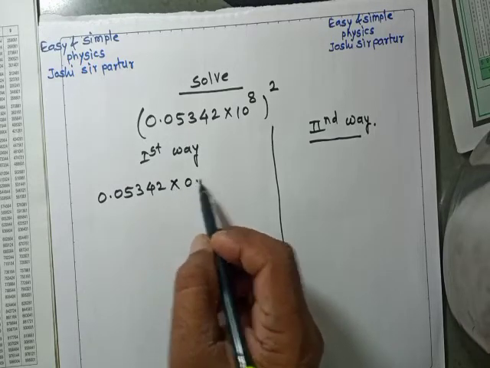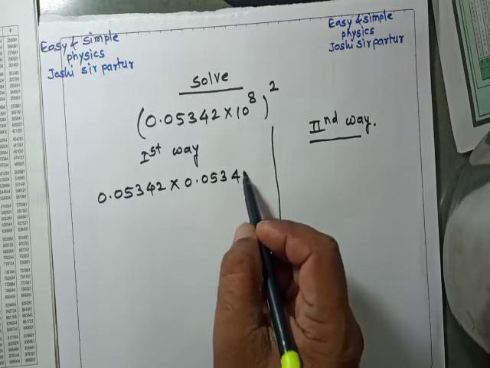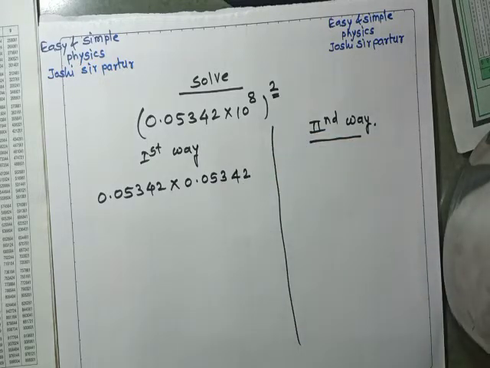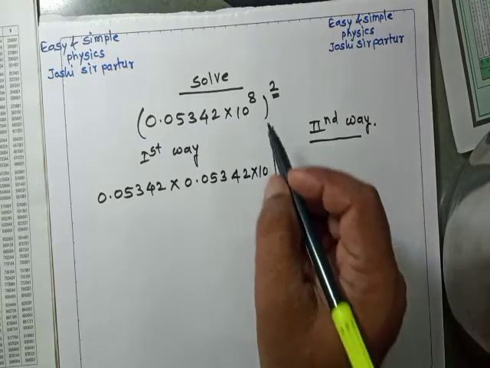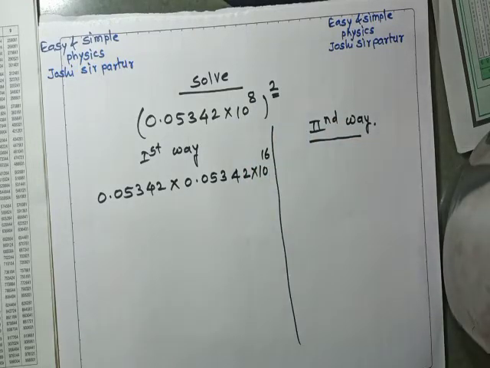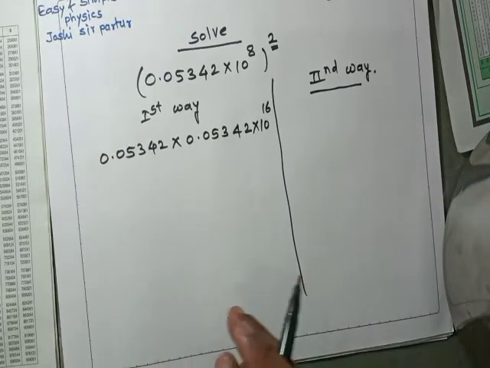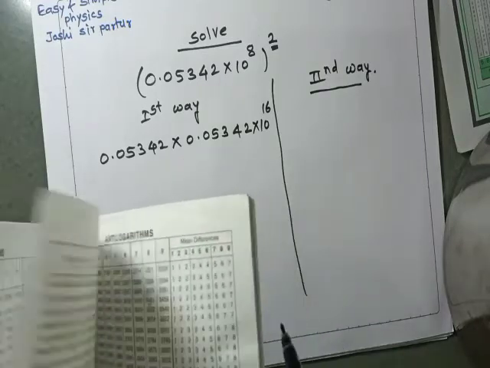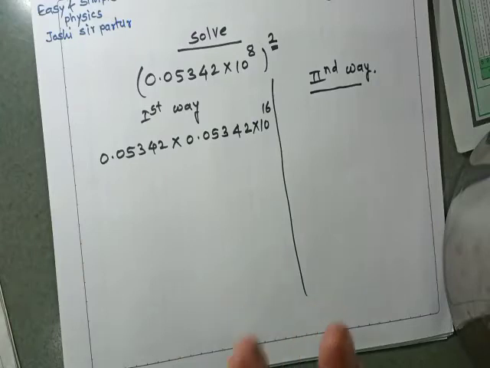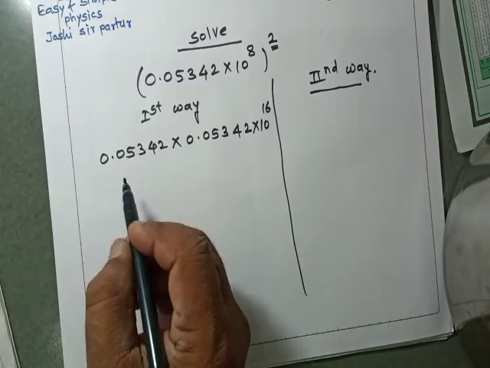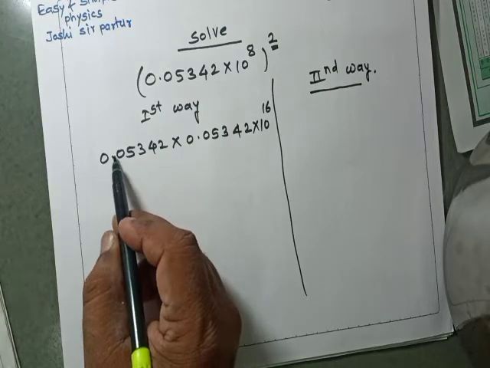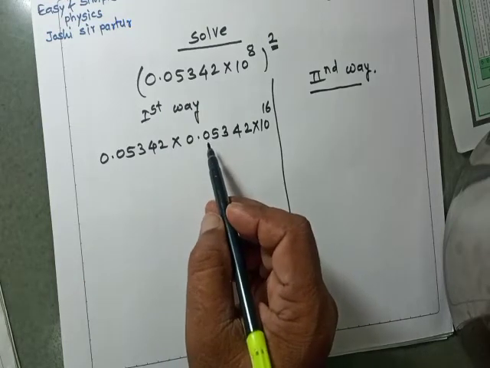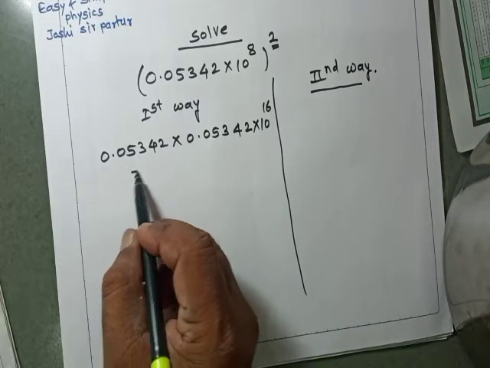0.05342 multiplied by 0.05342. If square is there, we multiply 2 times. If cube is there, we multiply 3 times, into 10 to the power 8 and 2, that is 16. Okay, if we see log, here multiplication is there. In multiplication, logarithm can be seen by using the rule: positive plus means addition is there. So here the second rule is, after the decimal point 0 is there, add 1. So it becomes bar 2 point